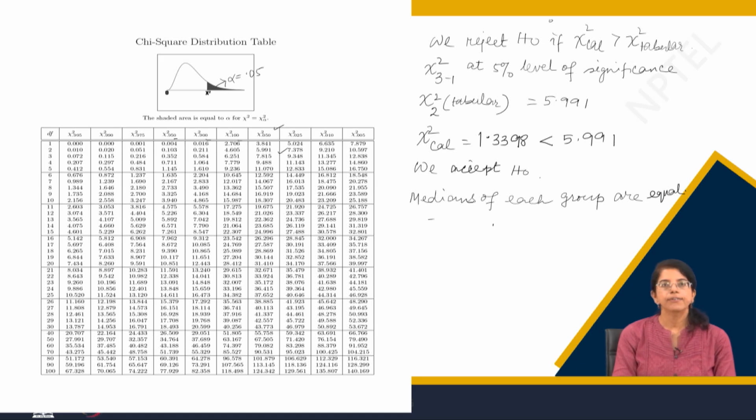So, this is the chi-square table. I think it will be beneficial for you to have an idea how to look at the rejection point, the critical point, right from the chi-square table. We reject H naught if chi-square calculated is greater than chi-square tabular. So, here you have seen chi-square, and as a suffix you will see the probability or the area for the right tail.